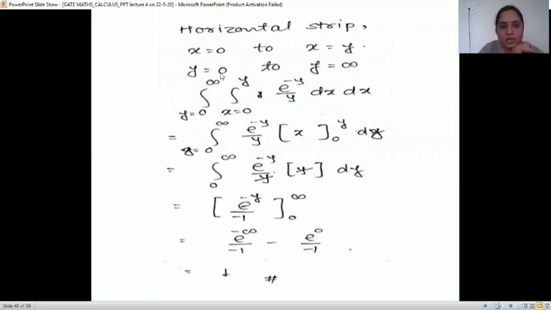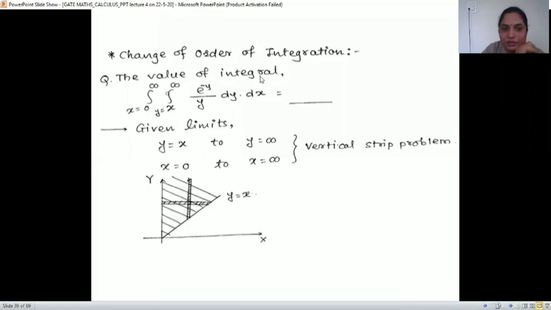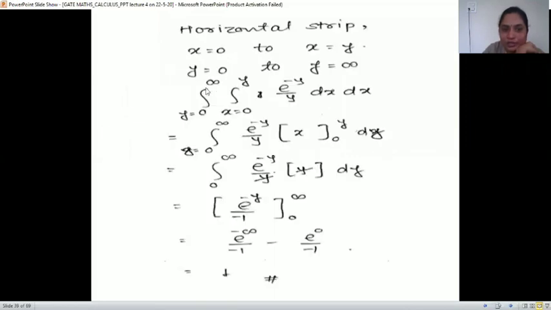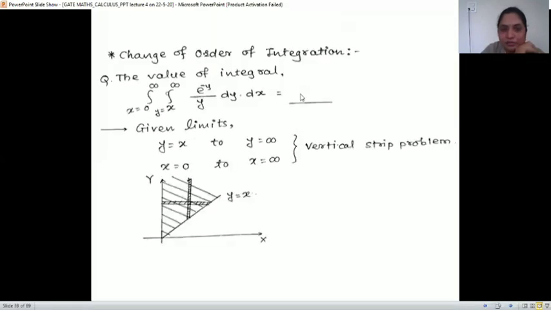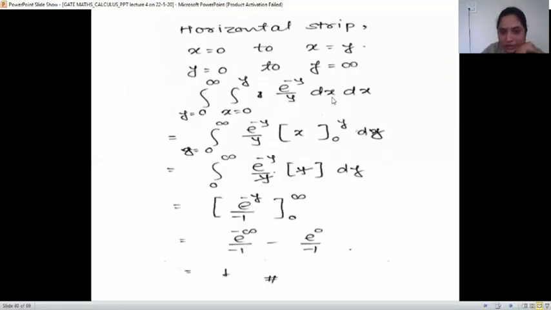So now whatever are the constant limits, take them first. These are for y, so y is 0 to infinity, and then the variable limits, that is x is 0 to y. Okay, and your function e raised to minus y upon y as it is, but there will be dx dy, as there was dy by dx before. As we are taking integration with respect to x first and then with respect to y. Getting? This is changing the order.